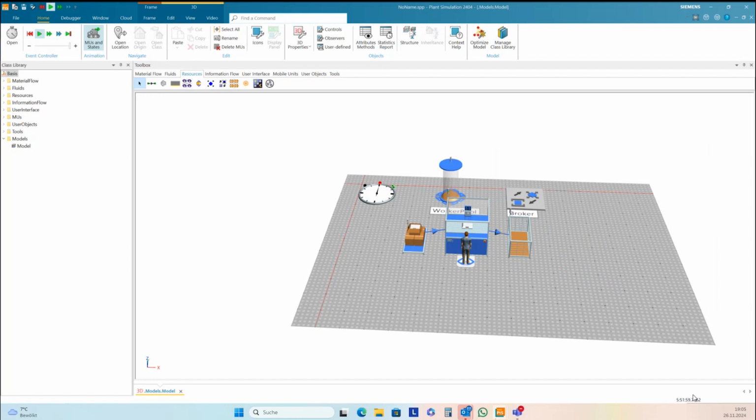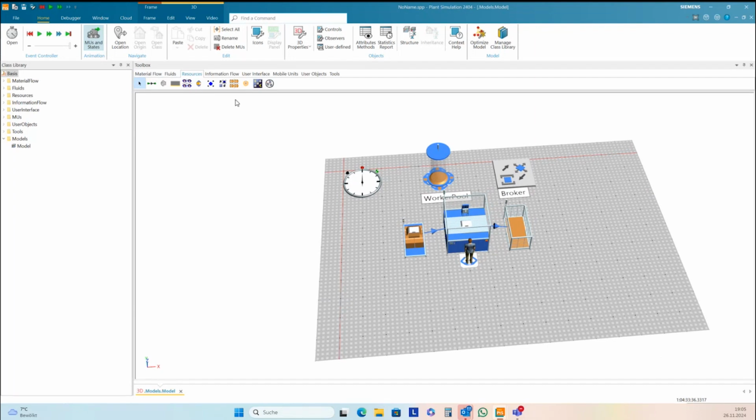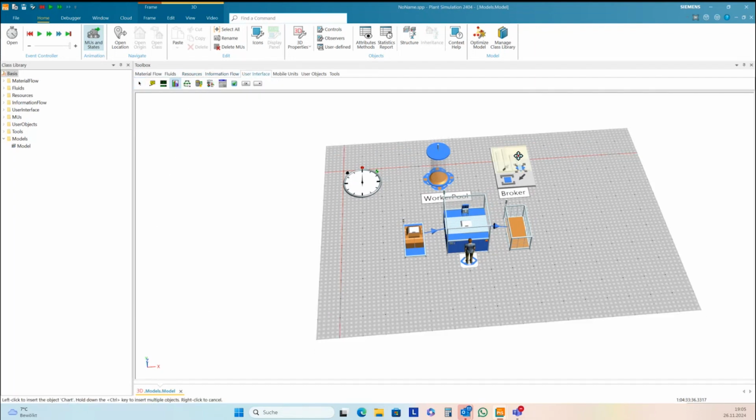And now you can see this is running. Sometimes you have a failure, and then this worker will do the repair he needs, and we can check this with a diagram.